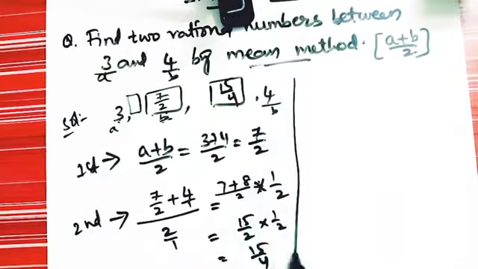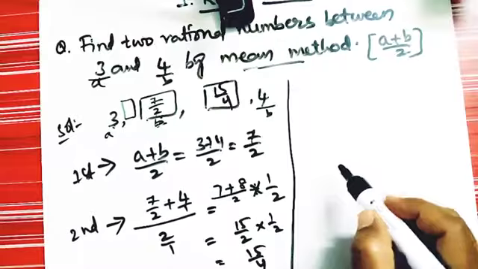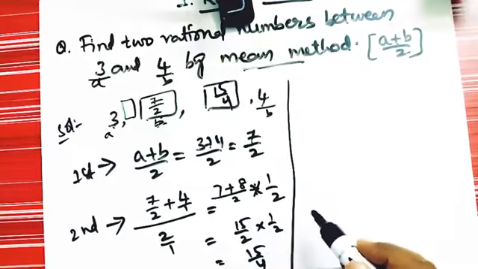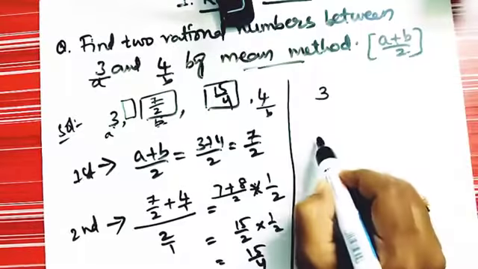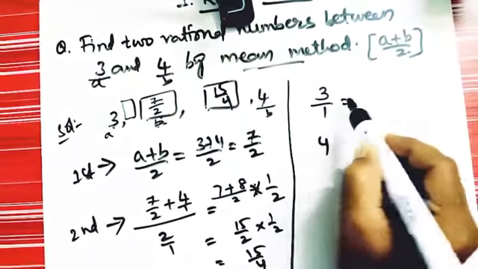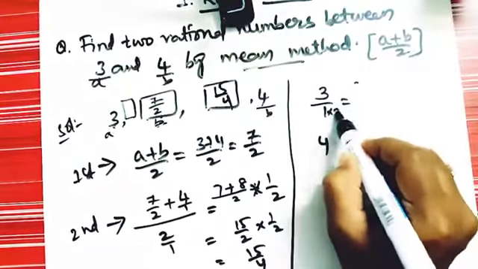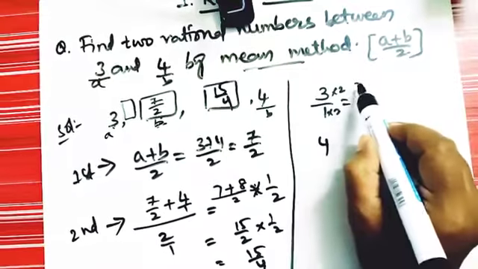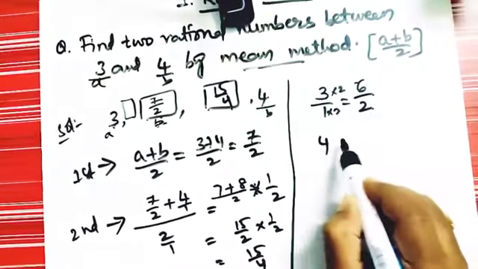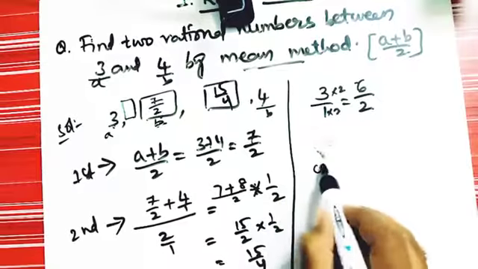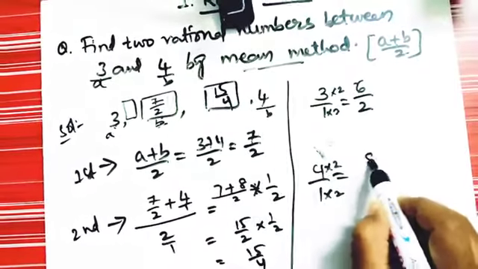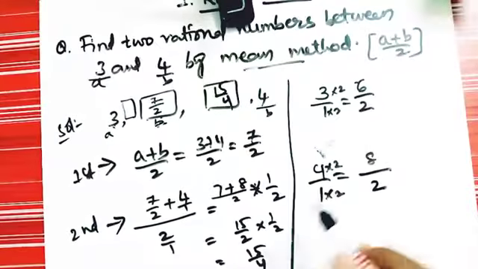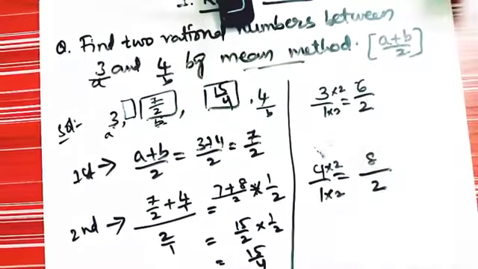The next easy method: we have one more easy method to find a rational number between these two numbers, 3 and 4, that they have given. We need to write the equivalent fractions. The equivalent fraction for the given rational number 3 is 6/2, and for the next number 4, the equivalent fraction is 8/2. So between 6/2 and 8/2 you will get only one rational number, that is 7/2.